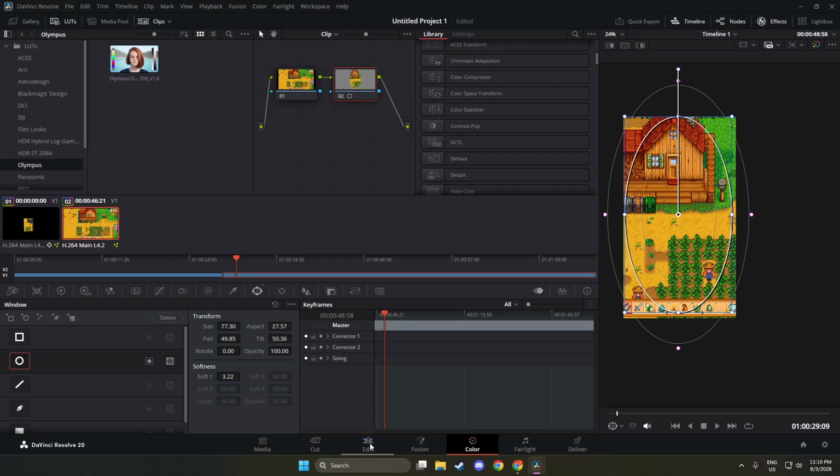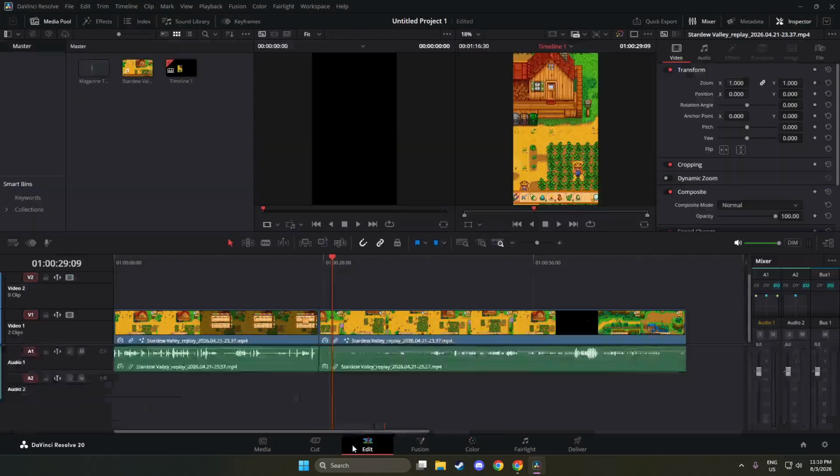You have now created a clean, adjustable vignette in DaVinci Resolve to draw attention to your subject,